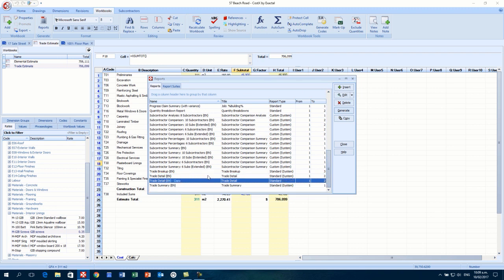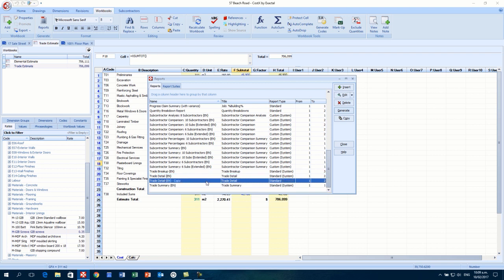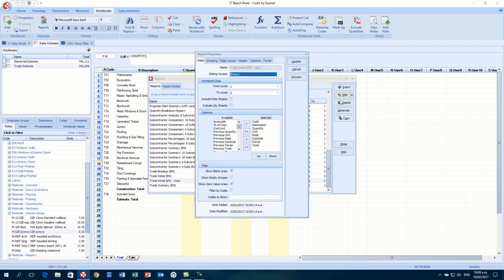The reason why I've done that is with the system reports you won't be able to edit them because they shipped with the software. However, you could use them as a template and create your own report. If I click on the edit button now, you'll see it brings up the report property. And this is where we could choose what data we want to use or report on, so which columns we want to include,